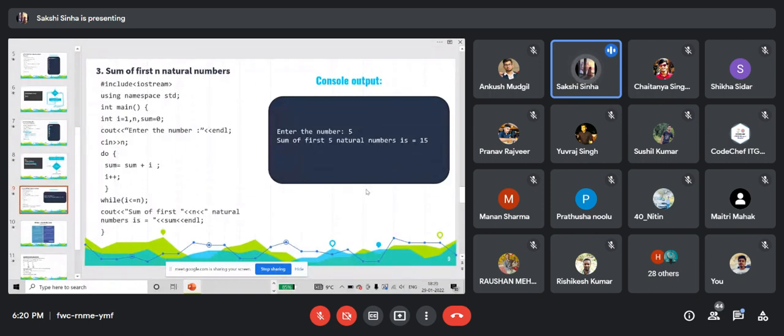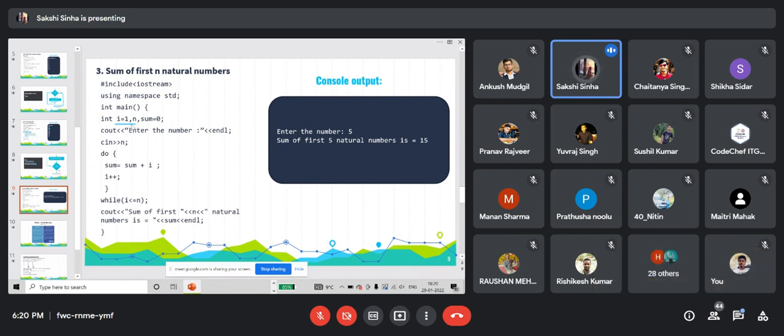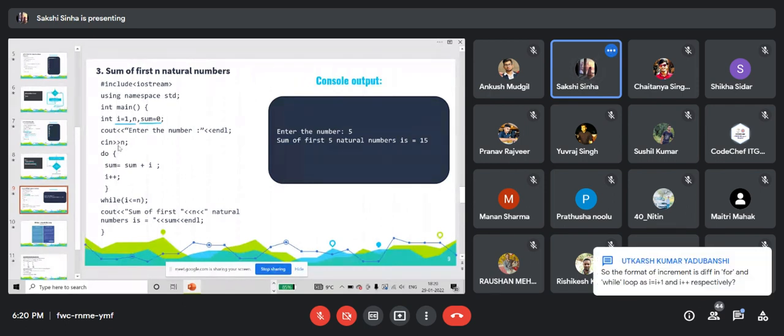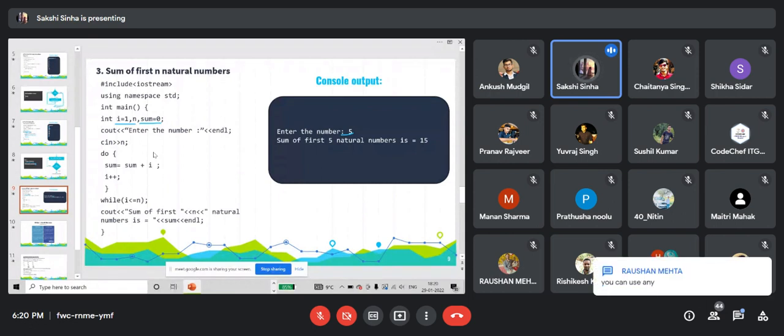So here again we initialize i equals 1, and we take one variable n, that is the first n natural numbers. So we'll take an input from the user, and we'll also declare a variable sum which is equal to 0 initially. Suppose the entered number is 5. So we'll have to print the sum of the first 5 natural numbers, that is 1 plus 2 plus 3 plus